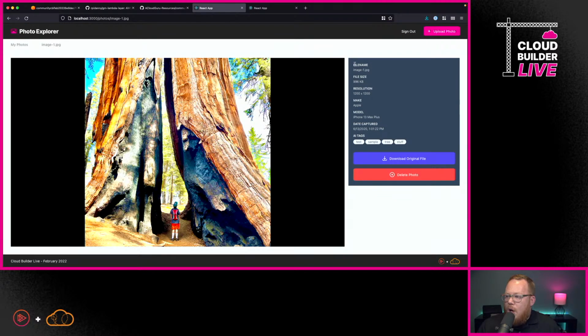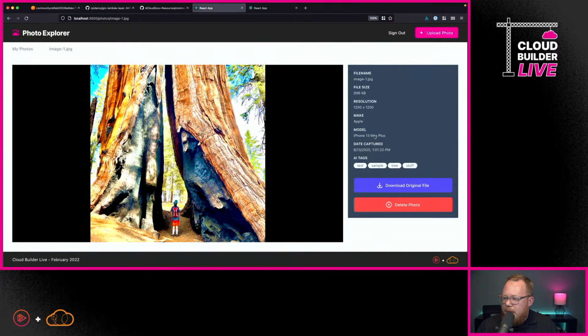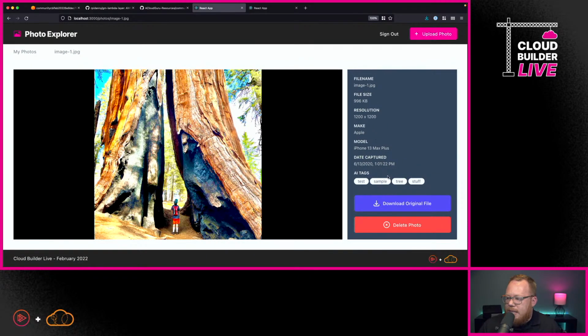Like I said, I want all of this data over here on the right side, the file name, the file size, and these AI generated tags, to actually be real. I want it to actually work. I'll make that a bit bigger so you all can see, because right now all of this is just fake data. So let's go ahead and figure out how we're going to make that happen.